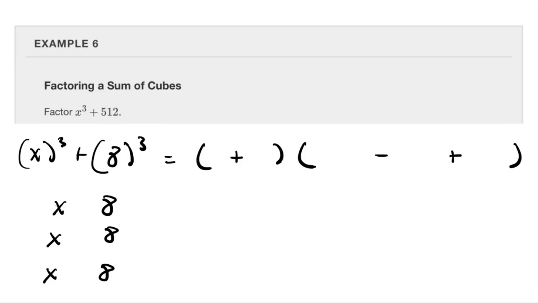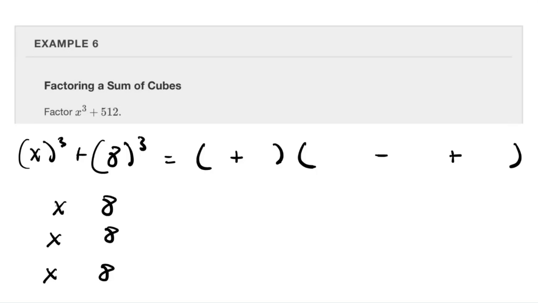Let me say that one more time. Because we were given a plus, that's why we have a plus here. The second one is always the opposite. The last one is always a plus, right? So if we were given a minus, this would be a minus, this would be the opposite, and this is always a plus. Okay, so then from here,